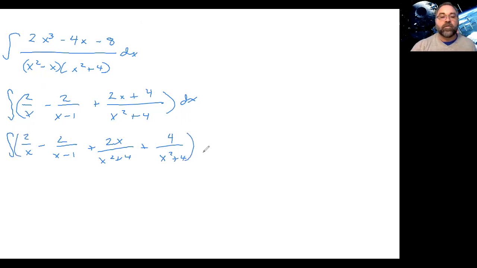Because the 2x over x squared plus 4, that's a nice u prime over u. Okay, so let's see. We're going to have a natural log of x show up. I'm sorry, a 2 natural log of x. Okay, and then we're going to have a negative 2 times,